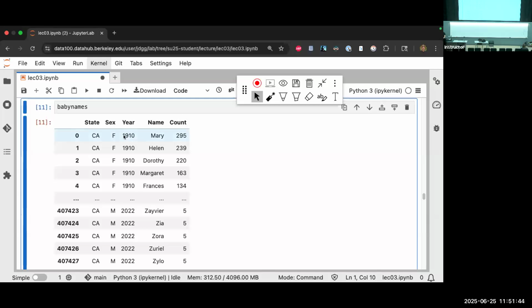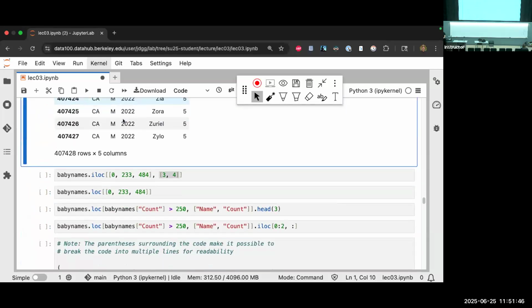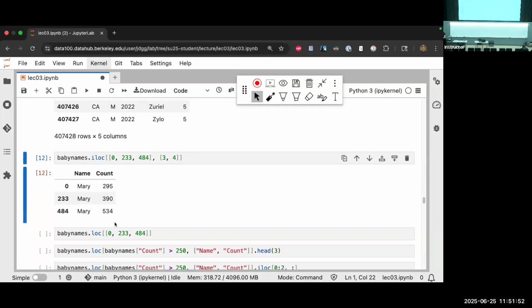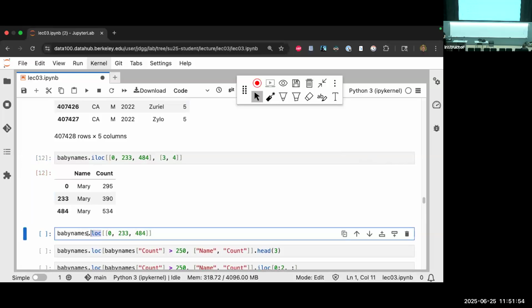We want the third and the fourth. That's indeed correct. So that first iLock should work out for us. Good. Second one. Okay, now we're using .lock. .lock usually expects two arguments. If it doesn't get a second argument, what does it assume that second argument is? Colon, good. We already don't want all of the columns, so we know that's going to be wrong.